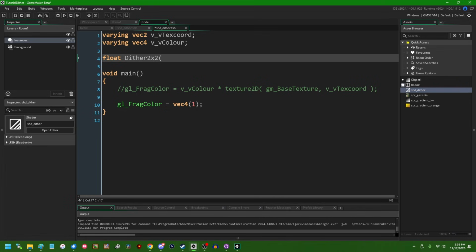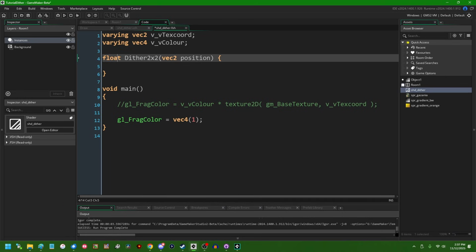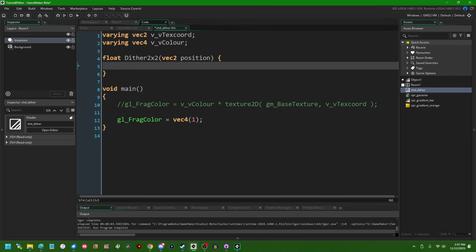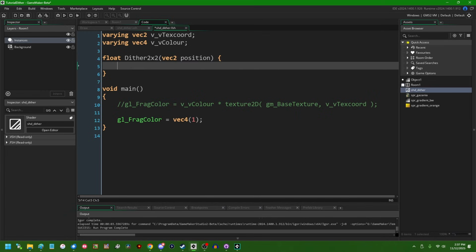And this dither 2x2 function is going to take a vec2 position as an input, and it's going to return a single number, and that single number that it returns is going to be something between 0 and 1. I'll discuss what exactly we're going to use this number for in a minute, but first I'm going to decompose this vec2 position into 2 integers, actually, instead of floats, and we can say int